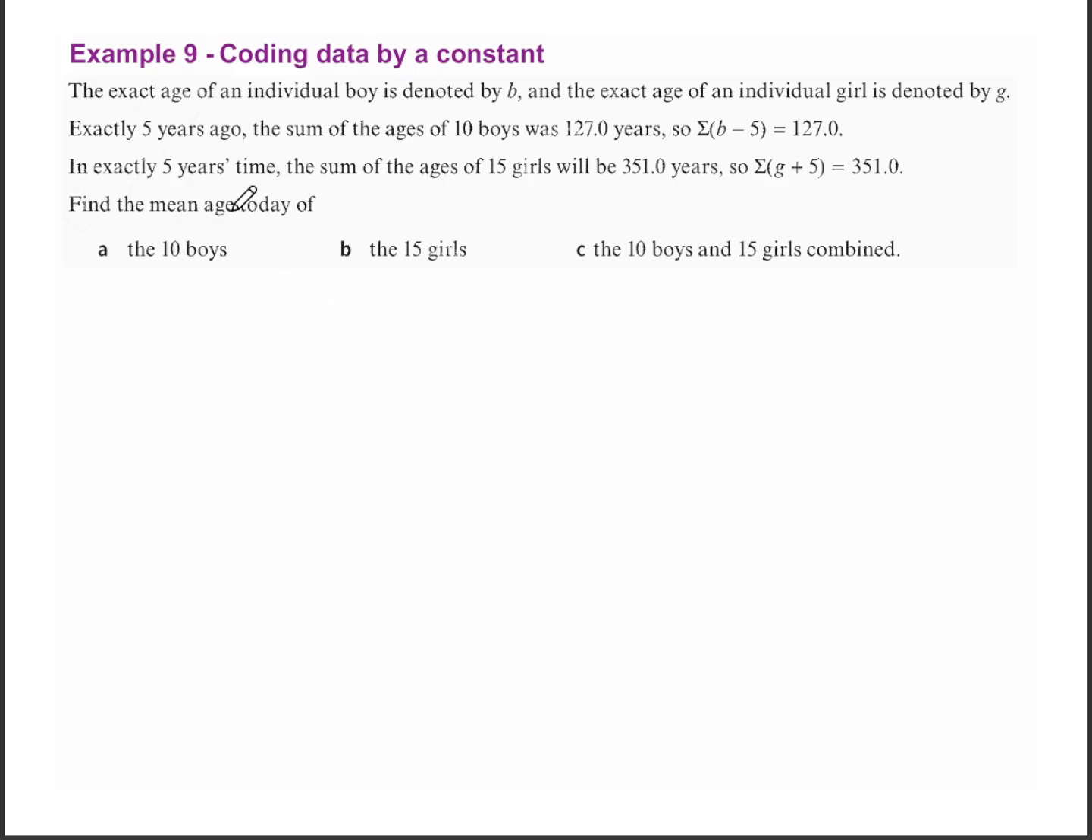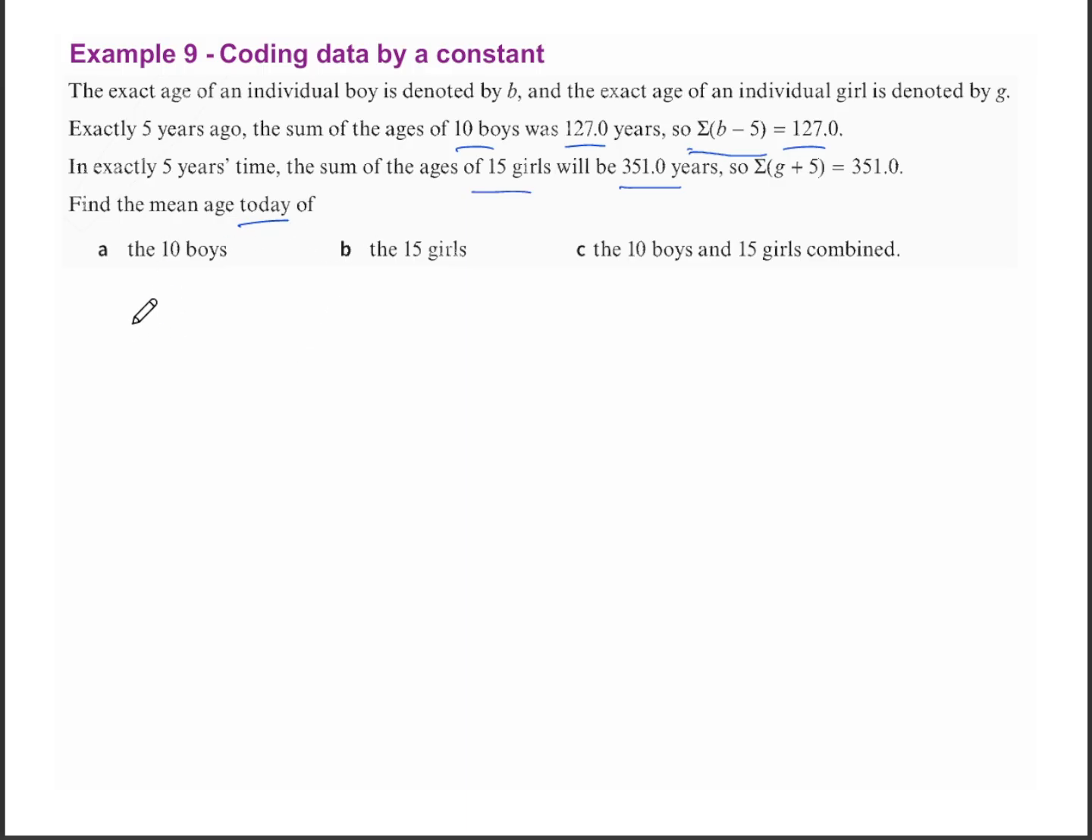We have another example where we're told that the exact age of an individual boy is denoted by B, and the exact age of an individual girl is denoted by G. Exactly 5 years ago, the sum of the ages of 10 boys was 127 years. So in notation, they gave it to us where the sum of b minus 5 is 127. In exactly 5 years' time, the sum of the ages of 15 girls will be 351 years. So the summation of g plus 5 is 351. Now we're told to find the mean age today of those 10 boys,